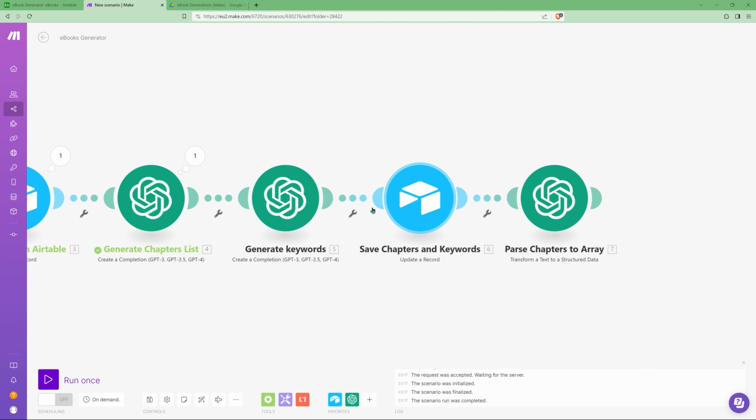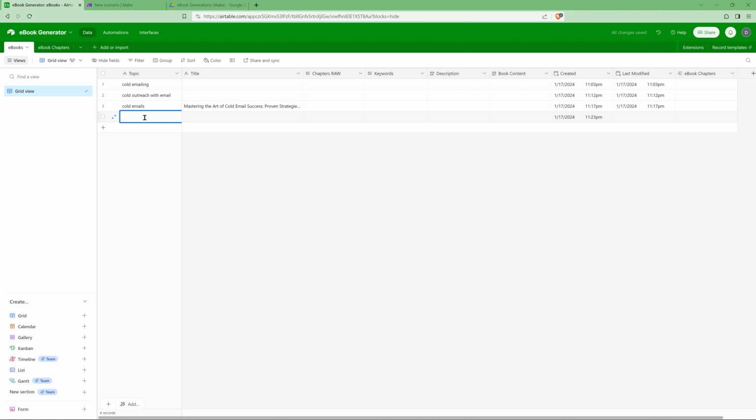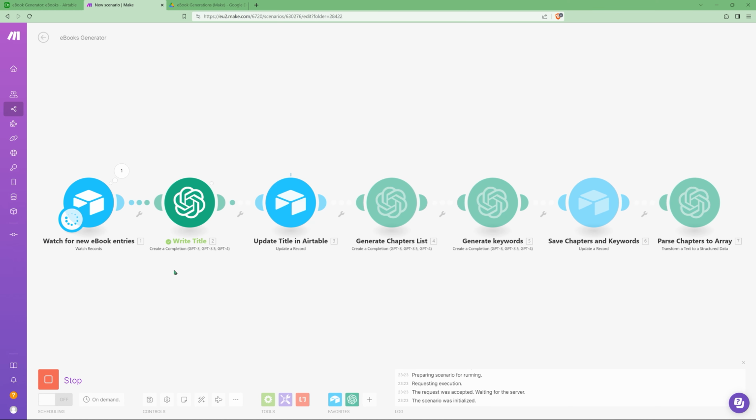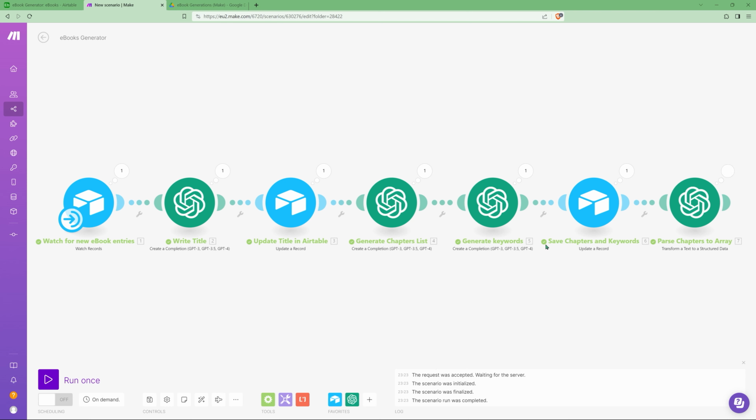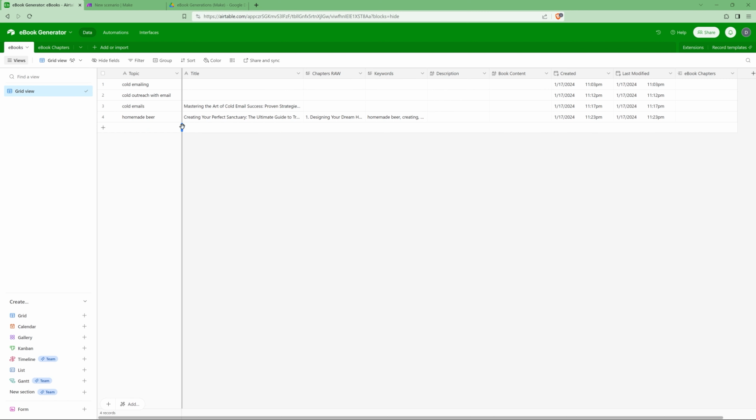And let's run another test generation and see if everything works up to here. And let's switch it up. I'm gonna say homemade beer, for example, run. It's gonna start generating the chapters list, generating the keywords, saving everything, and now parsing the chapters to an array. If I go here, you see that now we have our homemade beer, ultimate guide to transforming your house into